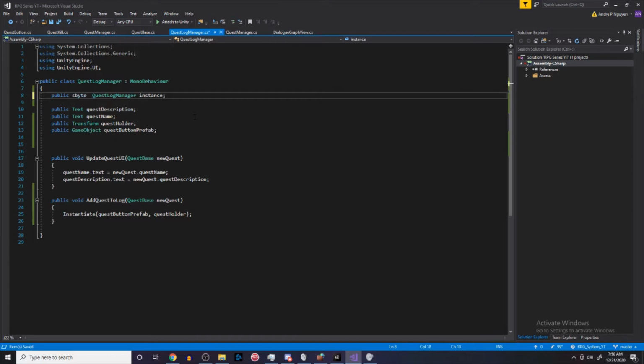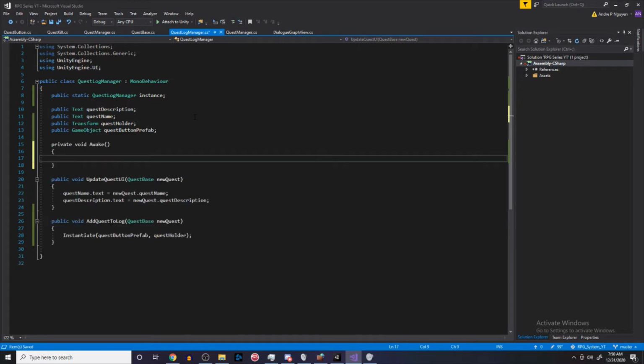So make a public static quest log manager, and then we'll need to make an await method, and then if the instance is not equal to null, then the instance is equal to this. Nope, this. And just like that, we have set up our singleton,